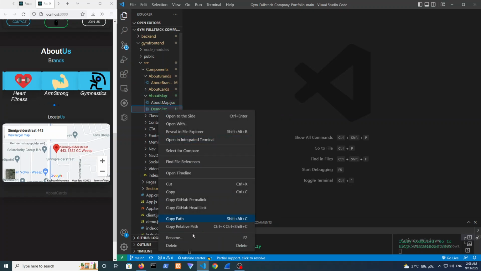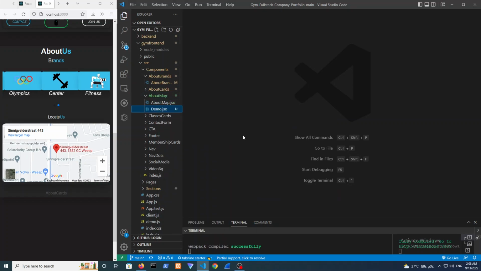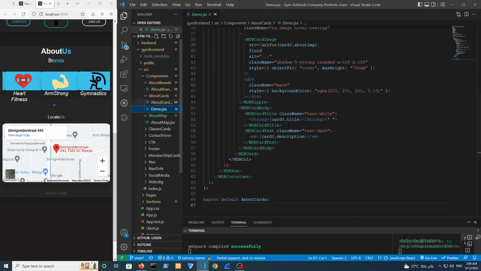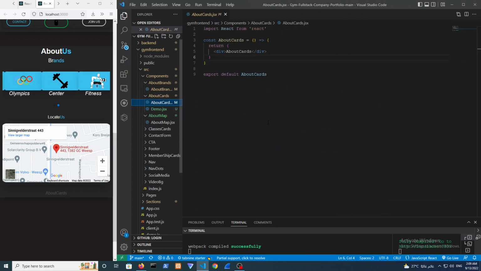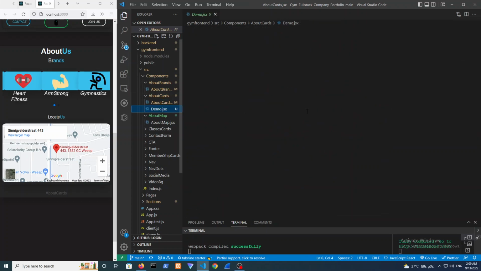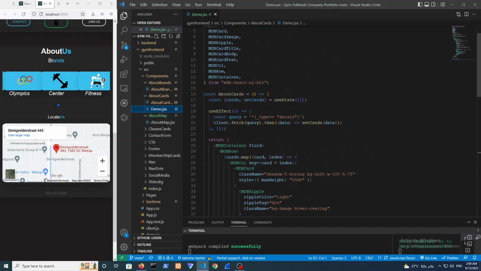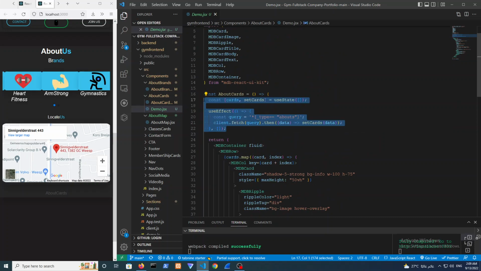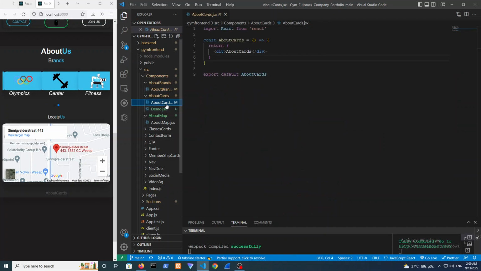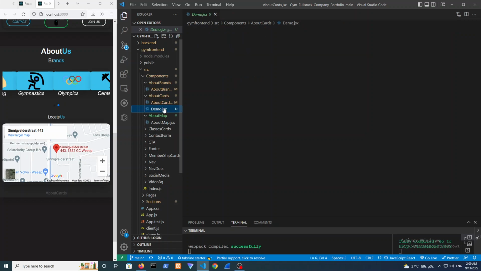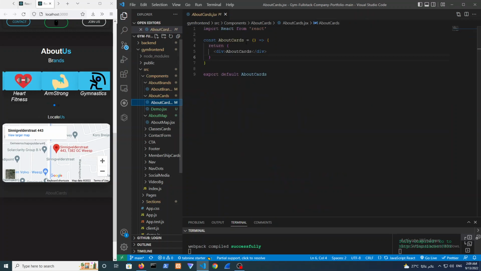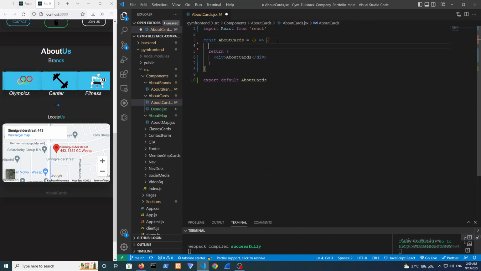So we have one last thing to do, and that is gonna be the about cards. Okay, I don't want to waste your time also as well. So basically, we're just doing the same thing we did in the like the brands one. Okay, so like in terms of connecting the back end to the front end, again, we're doing the same thing. We're just assigning in a